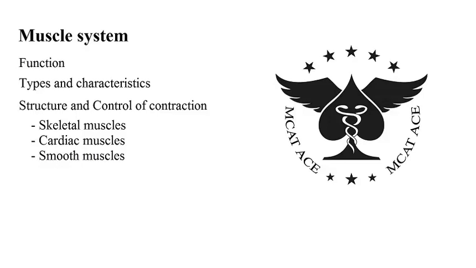In today's lecture we are going to discuss the muscle system, and more specifically we are going to discuss functions of the muscle system, like for instance its requirement for helping with motility, changing the peripheral vascular resistance as a consequence of which smooth muscles can control blood pressure, and then discuss the other functions of the skeletal muscle systems. We will discuss different types of skeletal muscles in terms of fast twitch and slow twitch, and then discuss their characteristics. We would also discuss the structural differences between skeletal, cardiac, and smooth muscles, and also discuss the differences in